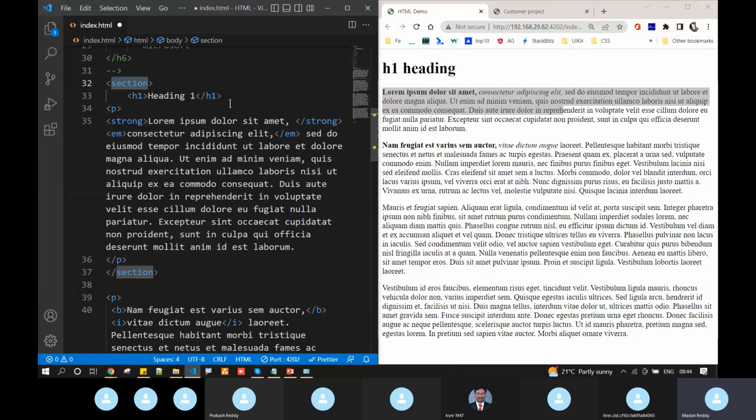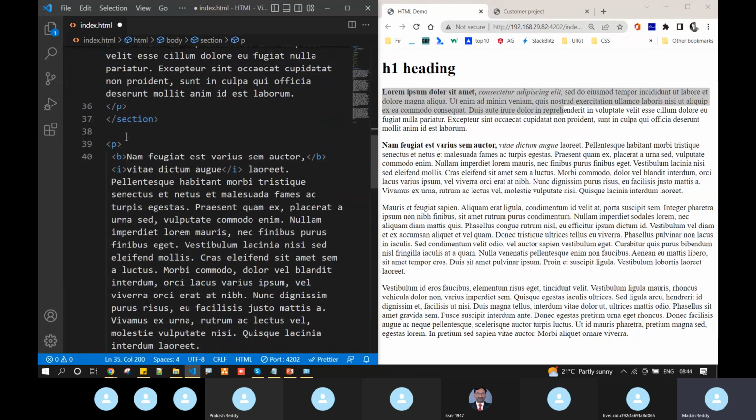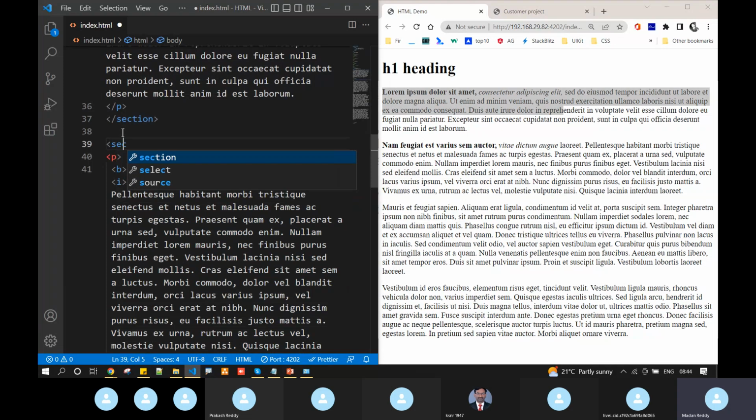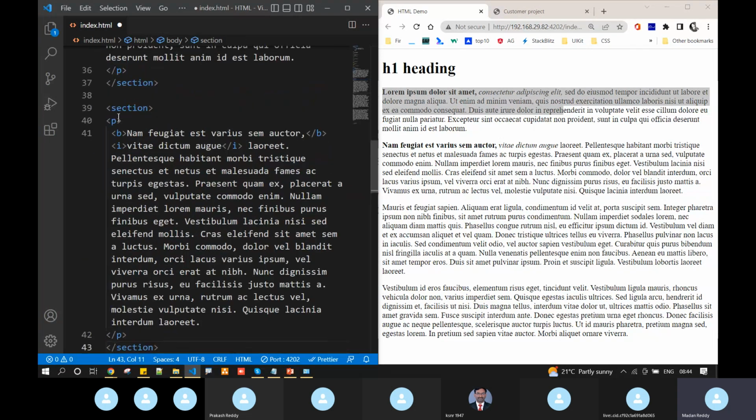Once you get the output, we will see exactly the output. Now again here, section, I'm saying section. Always keep in mind, when you are working with the section,